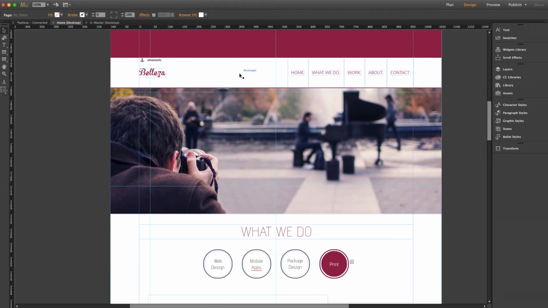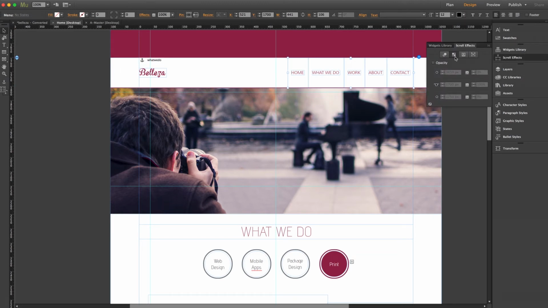Now there's more scroll effects applied here, to this white bar, the Belleza logo, as well as the menu. But let's say I select the menu here and I visit our scroll effects panel. You'll see that it's not an opacity effect this time, but instead a motion effect. Now this has a similar setup though. You have your initial motion setting, and then the key position in the middle, and then the final motion down